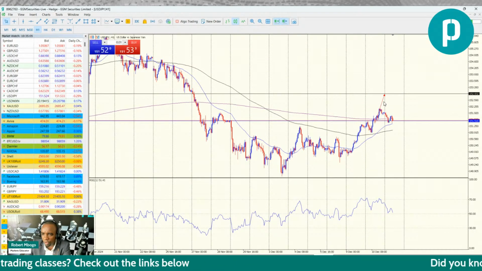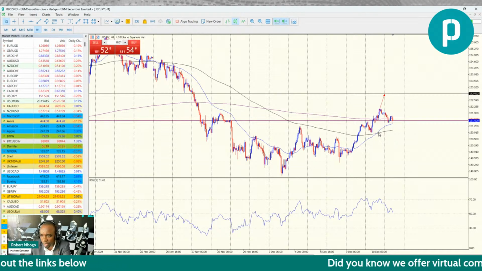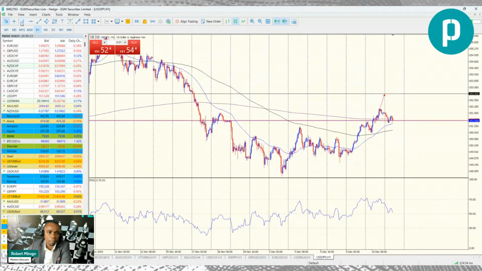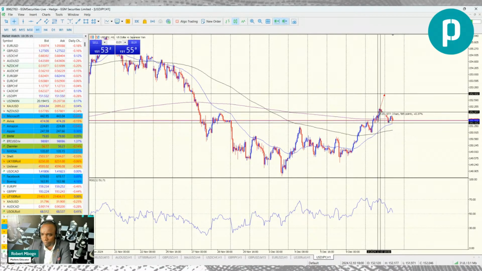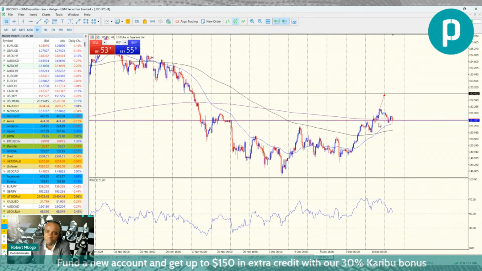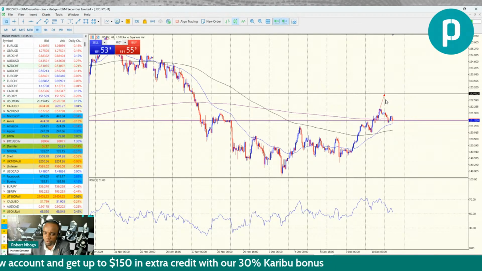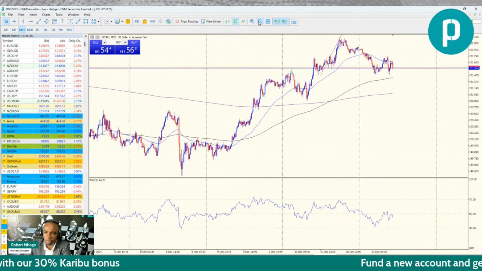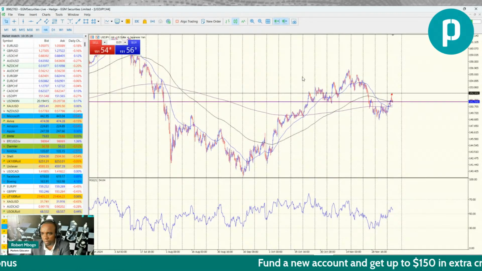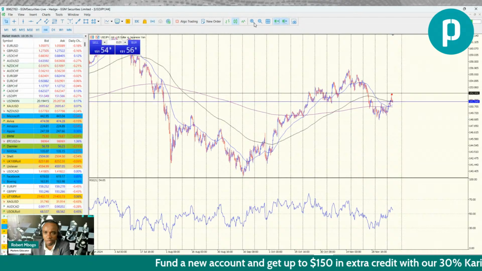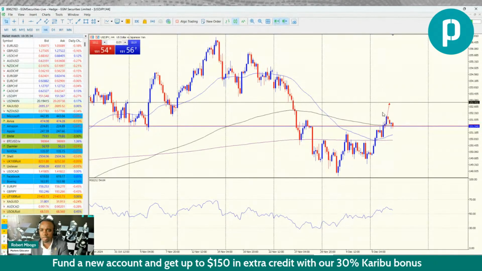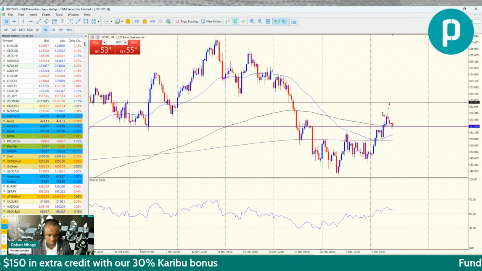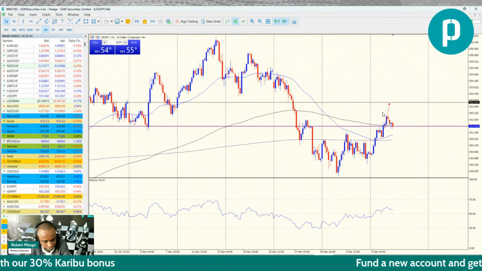And then USD JPY, we were looking for a bullish push to this price level. So we had that bullish push play out for around how many pips? For around 70 pips, but then they didn't get to the target. So I'm still bullish on USD JPY to that target from yesterday. So this analysis still remains valid. Yeah, that's it. Any questions? Let's have a look at your questions.